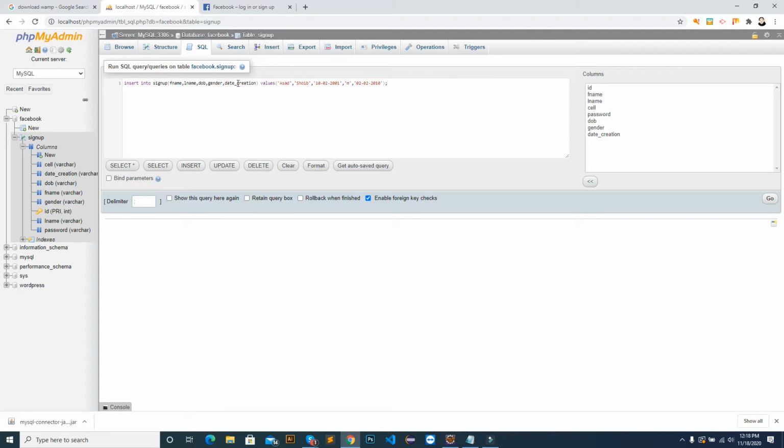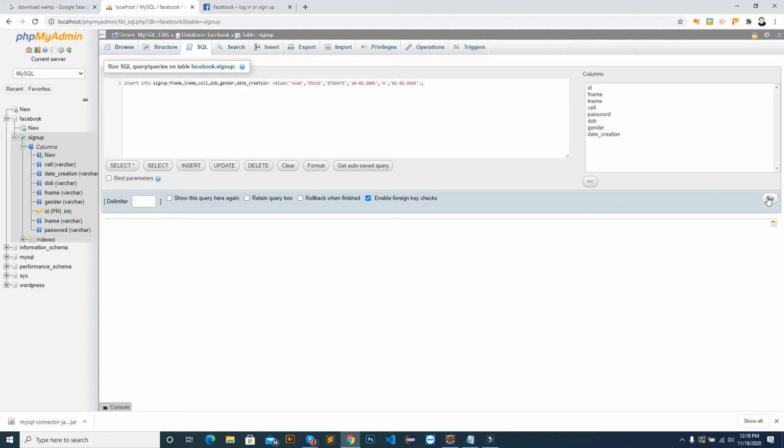These are the columns, and insert values for these columns. For the first name, Asad. For the last name, this is Shoaib. For the date of birth, this date of birth. For this another is cell number. Cell number is also there. So before this, we will have cell number, right? We will add before database cell number, double quote, semicolon, colon, comma, and we will have cell number this, right? So this is the format.